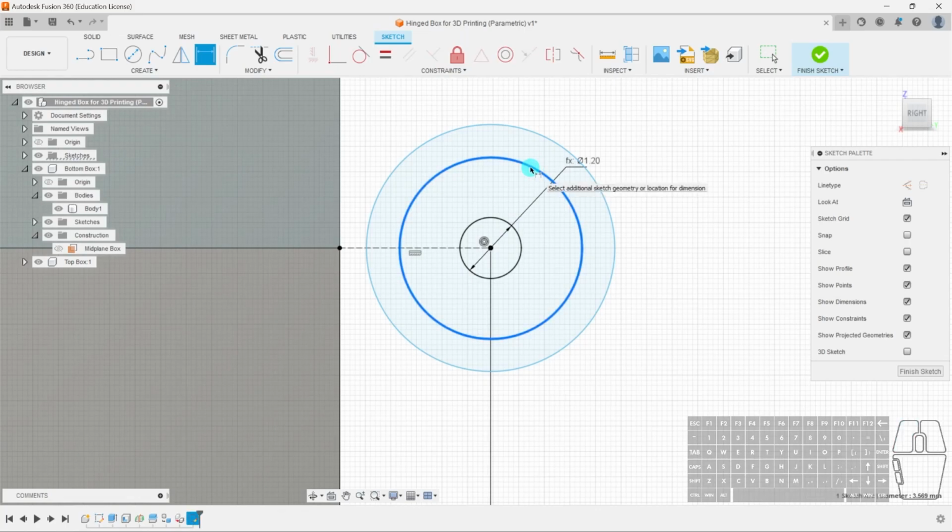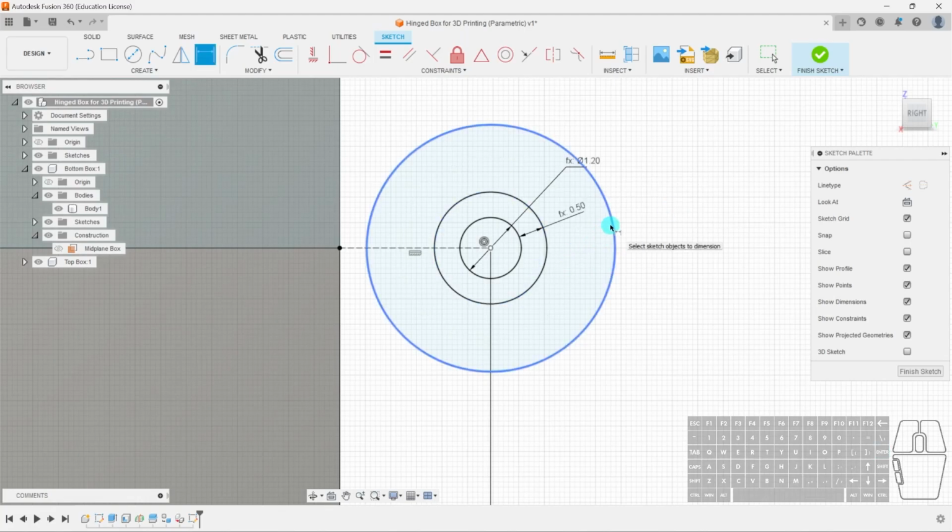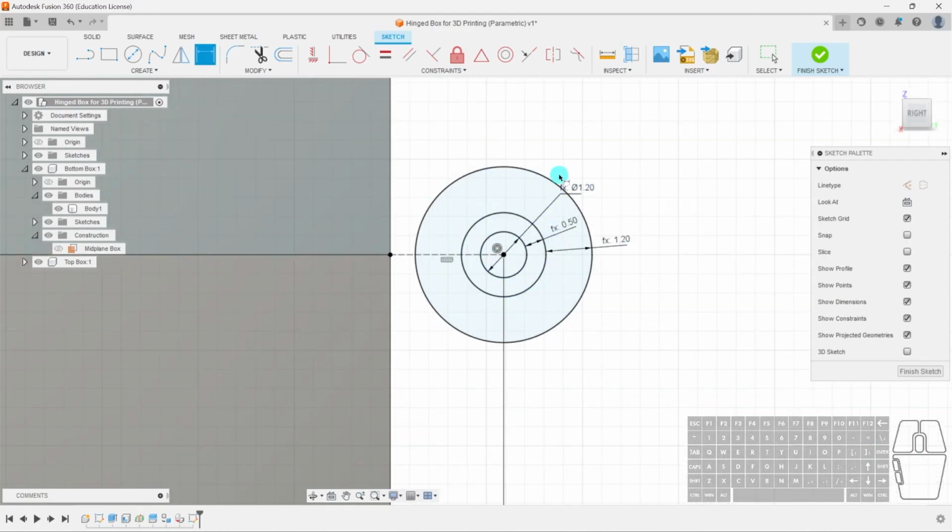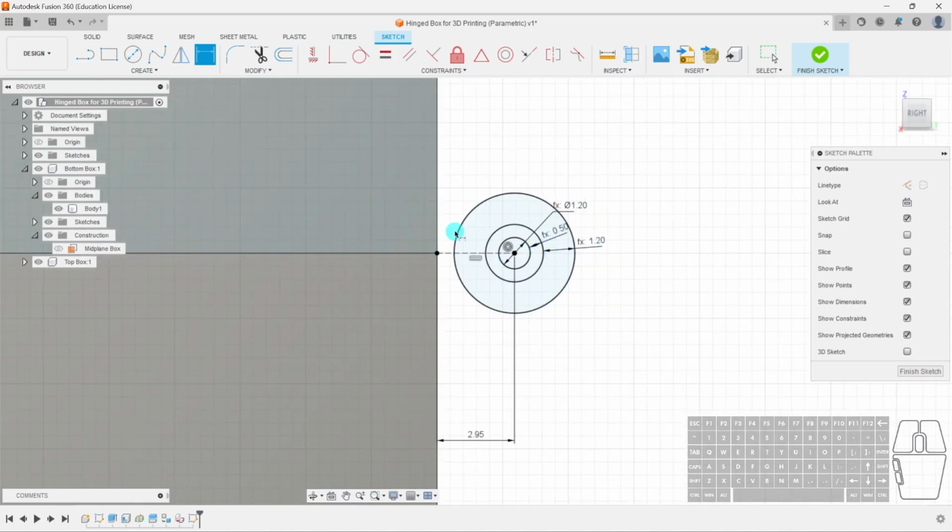I'm going to click the second one and then the first one. So now it gives me a dimension in between the circles, as you can see here. Again, I'm just going to move this out of the way, put it here, and call this gap. Hit enter. And lastly, for this one, I'm going to select the outermost circle, select the second or middle circle, and again give this a dimension of wall thickness. Enter. So now I've got my hinge, or at least the rod that will go through, and the outer body